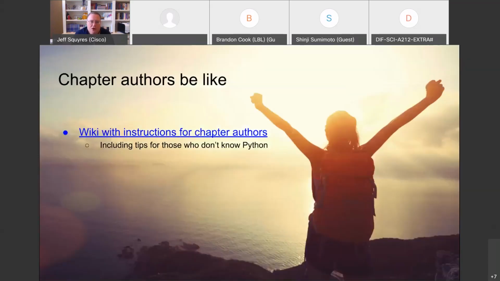Now, the next part, though, is assuming the forum signs off on all of this, then this becomes our reality, right? And all of you have to start writing bindings in the new way and editing bindings that have been converted over. So we actually wrote a wiki with instructions for everybody. And the feedback I got 2 weeks ago was like, hey, what about those of us who don't know Python? I was like, oh, that's actually a really good point.